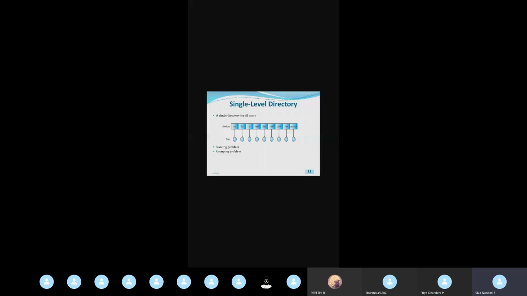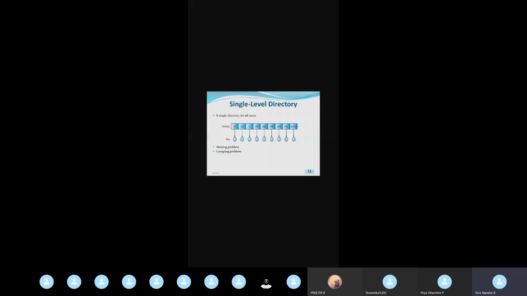So a single directory will be available for all users. See here in this figure, I'm having a single directory. In that single directory, I'm having several files: cat, BOA, test, data, etc.